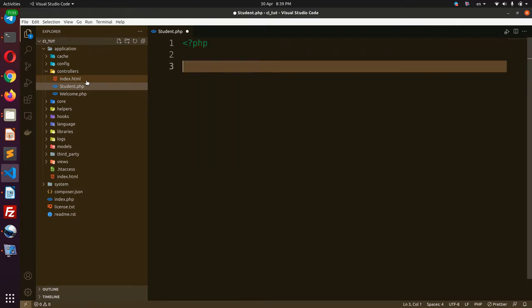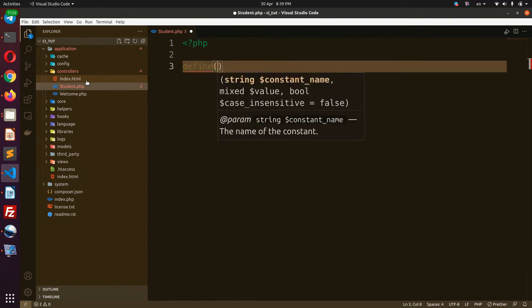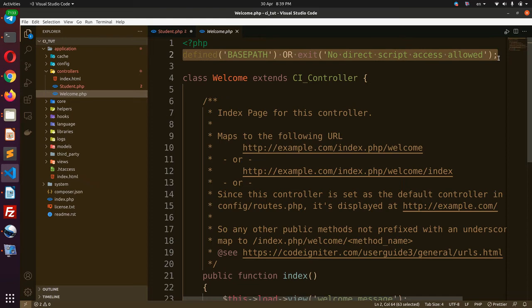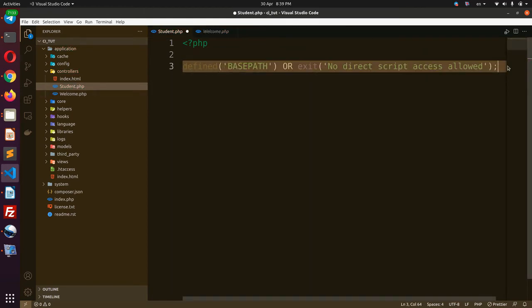PHP define base path like this. Defined base path. Copy this line, paste on this defined base path, and